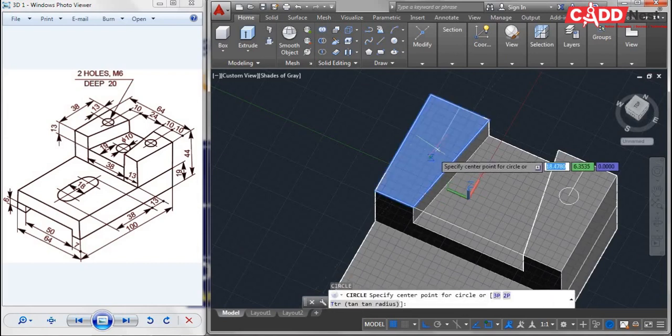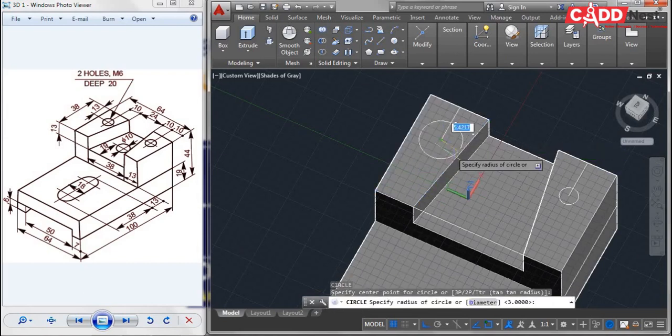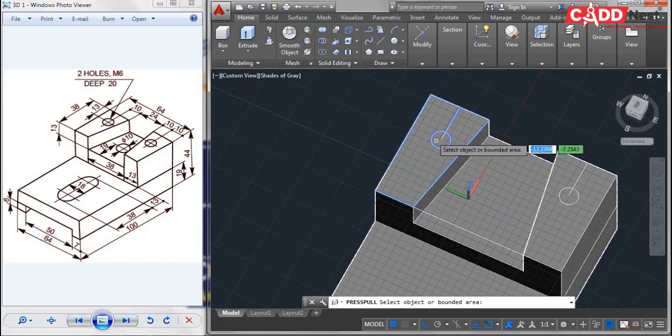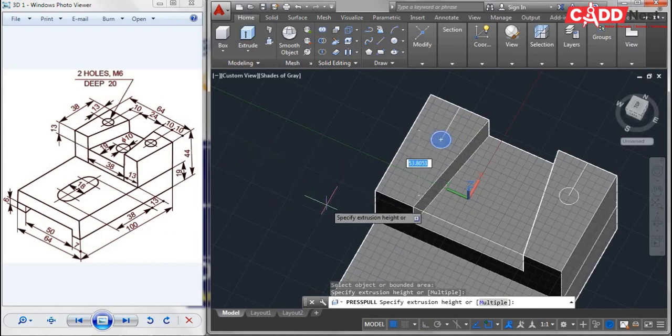Now I'll go for a circle with this as my center point. The radius should be 3. Now let us go for the press pull option. Select my circle and remove a depth of 20. Why? Because it is given as depth 20. And also this circle to a depth of 20. Like this we will be removing.